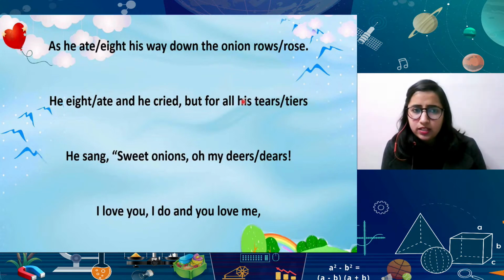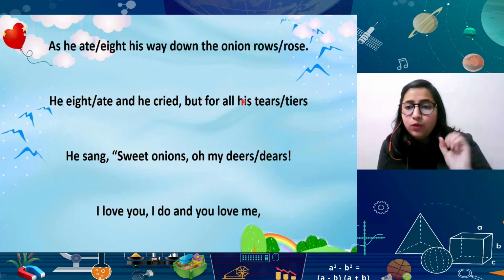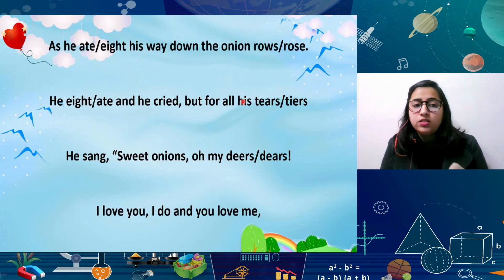It's quite useless. I'm assuming it's very weird to eat this many onions. But I am going to pick ate, because it is the past form of the verb eat. So it is possible that the man started eating the onion. So he ate his way down the onion